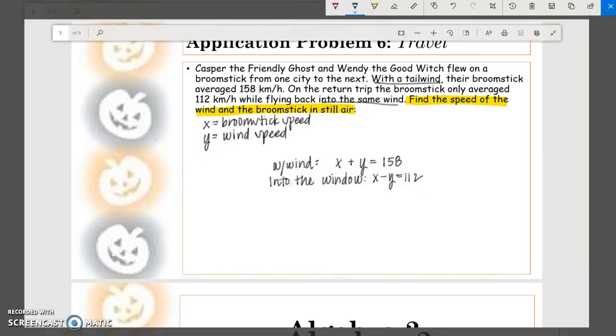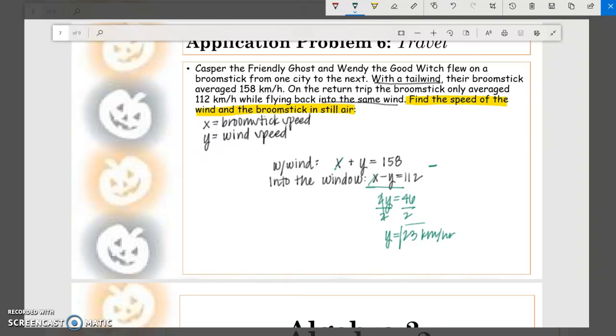So let's use elimination and let's just subtract to find our values here. So what we have are x minus x, those values are going to go away. And then we have y minus negative y, this will become positive 2y. I know I'm a little bit off aligning my columns there. Then we have 158 minus 112, so our value there will be 46. We can divide by 2, and our y value, or our wind speed, is going to be 23 kilometers per